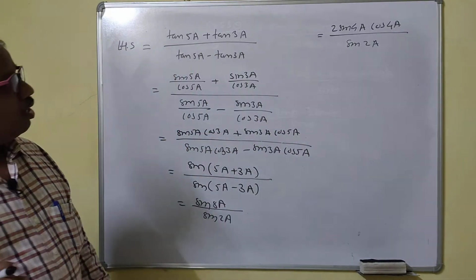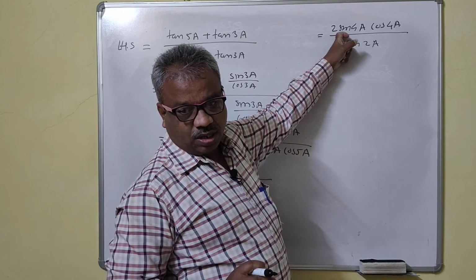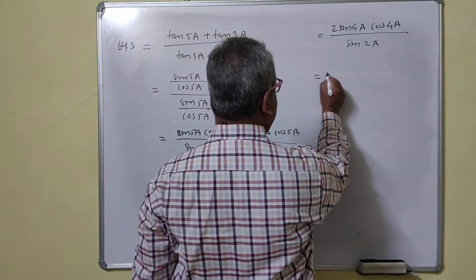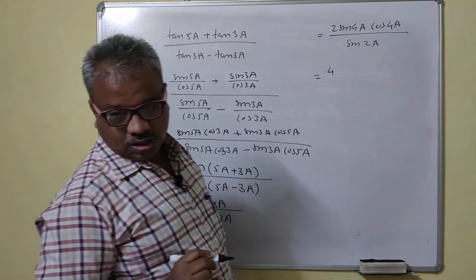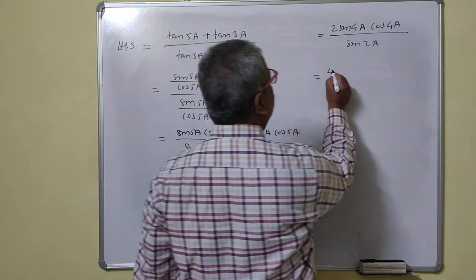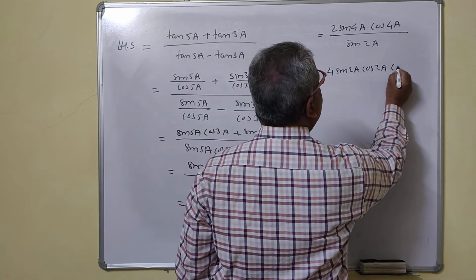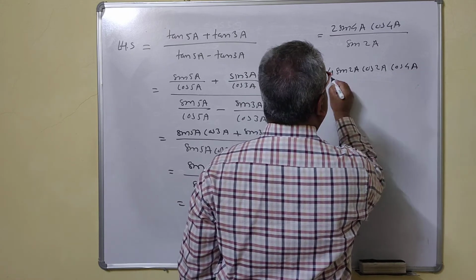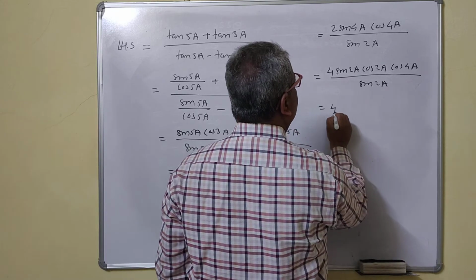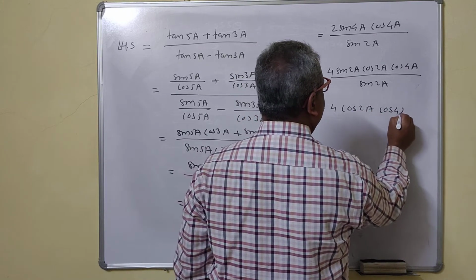Okay, now again we will apply the formula. Again we will apply this formula. This is again sin 2 theta, right? We will again apply the formula. This is what then, this becomes 4 now, right? Because sin 2 theta is 2 sin theta cos theta. So this is 2 sin a, 2 sin twice a, cos twice a, cos 4a upon sin twice a. So this is what? 4 cos twice a cos 4a.